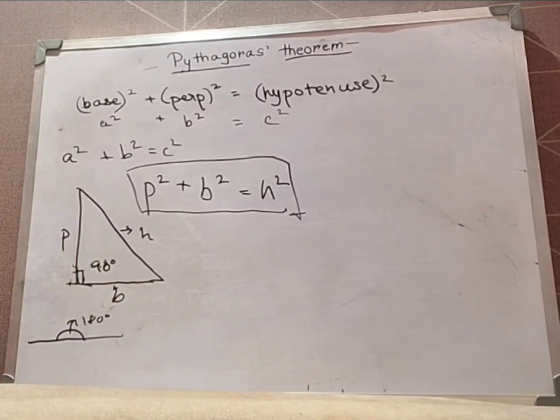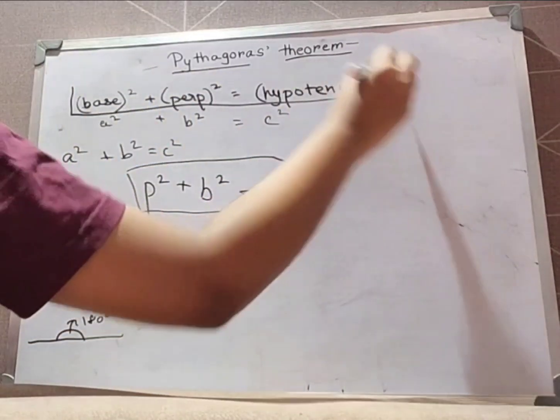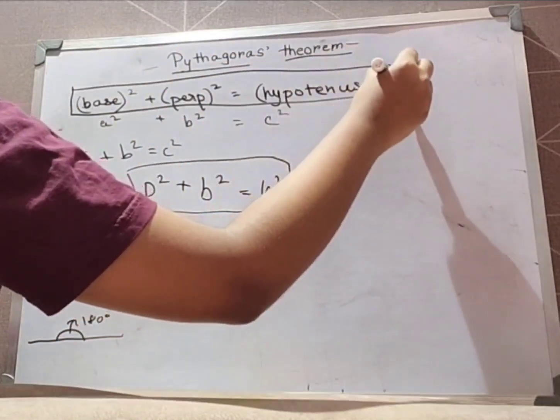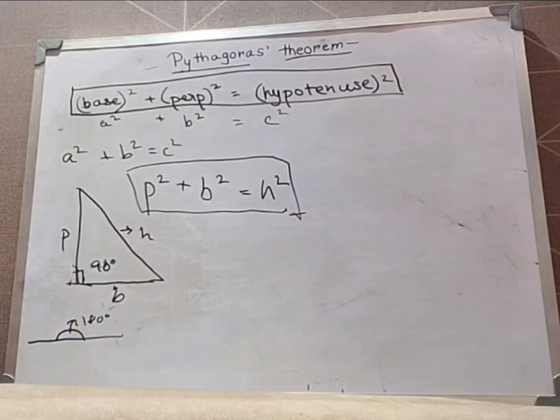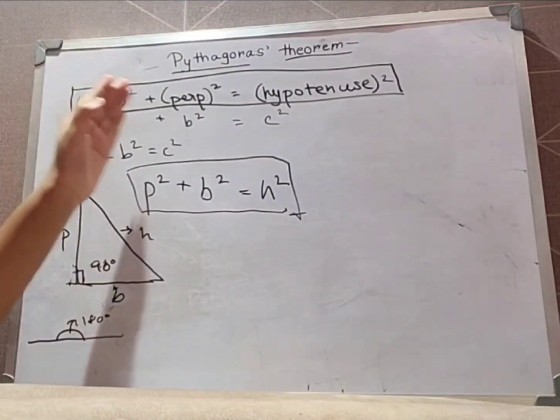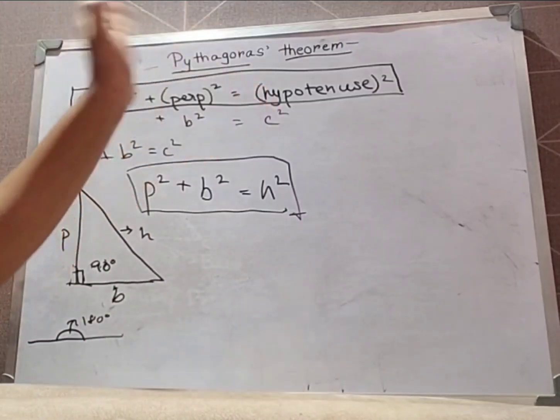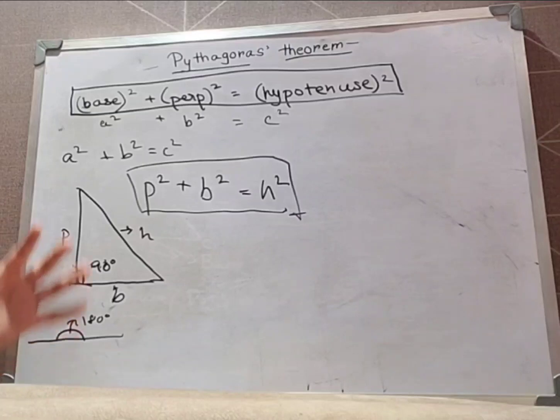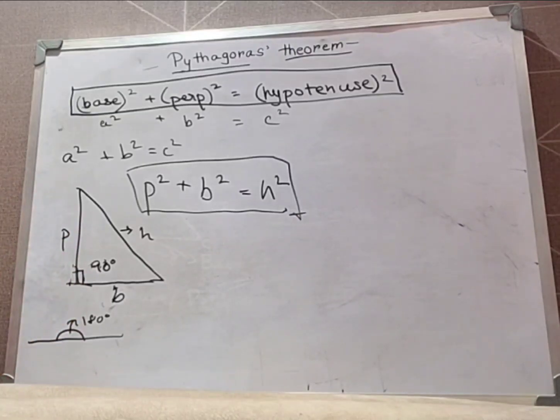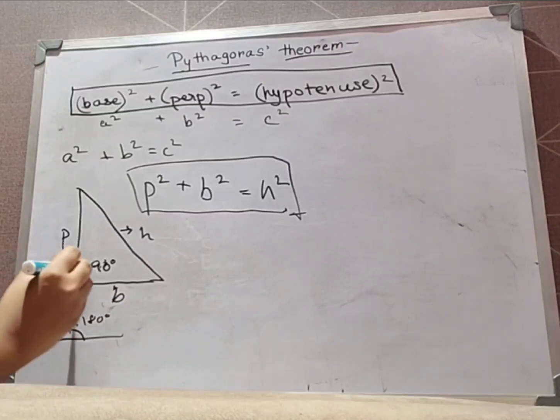So how can we verify whether a triangle is a right angle triangle or not? Very easy. We can verify the measure of the sides if it's given. We can verify it for this very important formula, which is the Pythagoras theorem. If our triangle matches this formula, meaning the measure of base square plus the measure of perpendicular square is equal to the measure of hypotenuse square, then only we can call a triangle right angle. Unless and until we've satisfied that theorem, we cannot call it a right angle triangle, right? So this is 90 degrees.